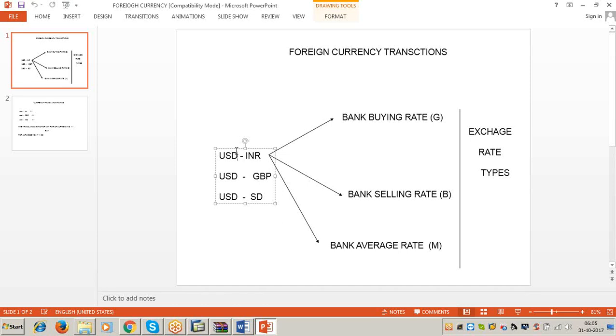Means, suppose you have paid rent in Indian rupees. So rent is posted in Indian rupees only. And you have imported some material from India and you have made the payment in Indian rupees. So that payment is also posted into the system in Indian rupees only. So like that, whenever the business transactions are posted in any foreign currency, they are to be converted into company code local currency.